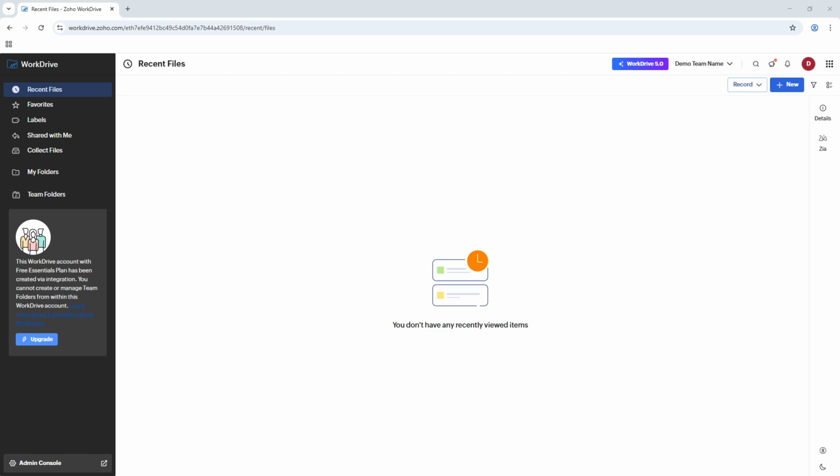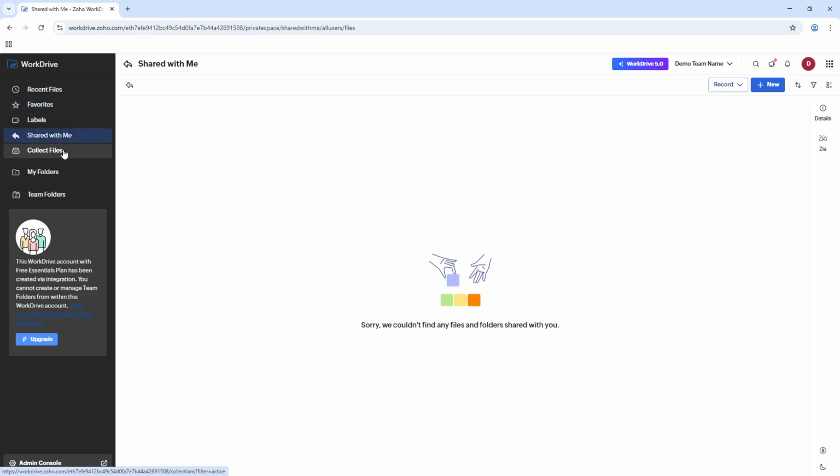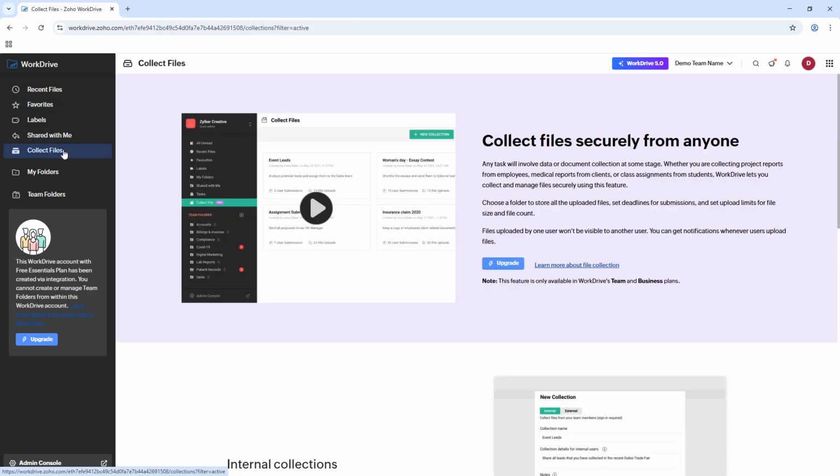First, let's make sure you're on the right page. Upon logging into Zoho WorkDrive, you'll be greeted by your dashboard. Here, you'll find sections for recent files, your favorites, those shared with you, and more. While it's tempting to dive into these sections, our focus today is to help you retrieve files you thought might be lost forever. On the left-hand side, you'll notice a navigation panel, which is your gateway to different areas of